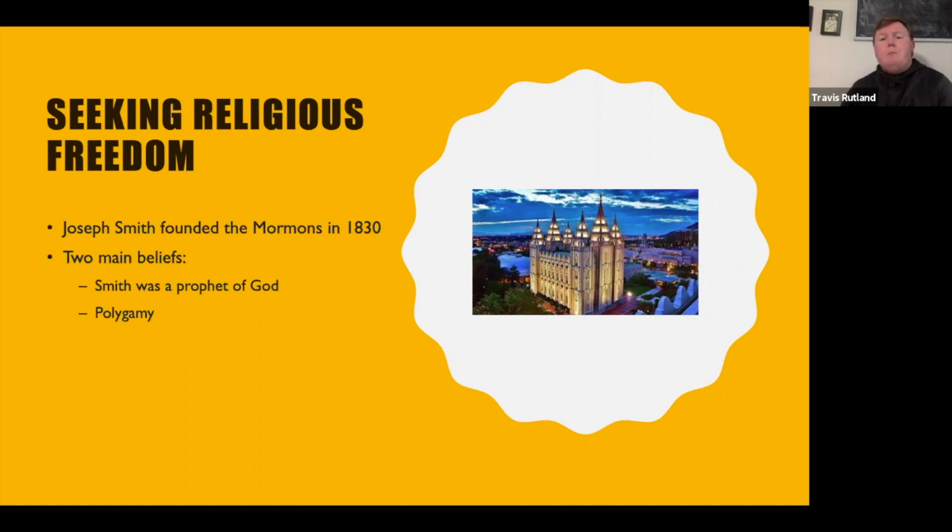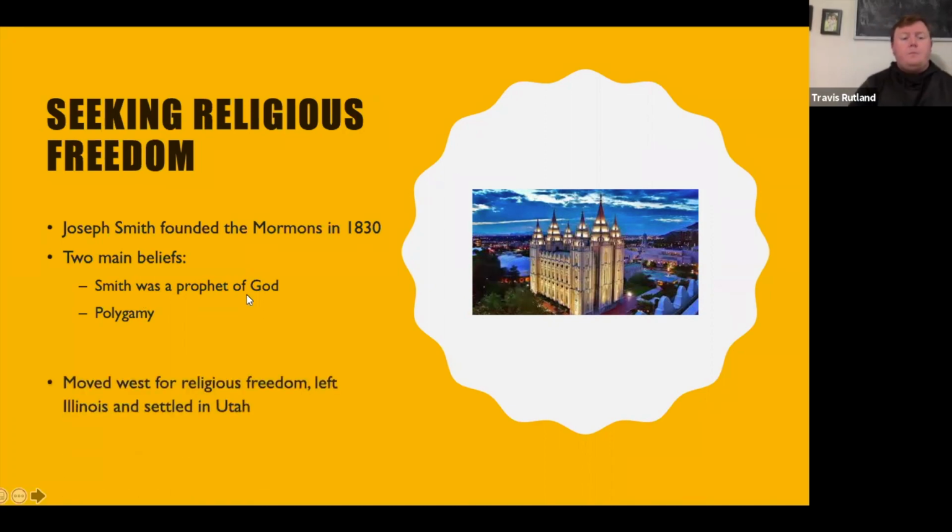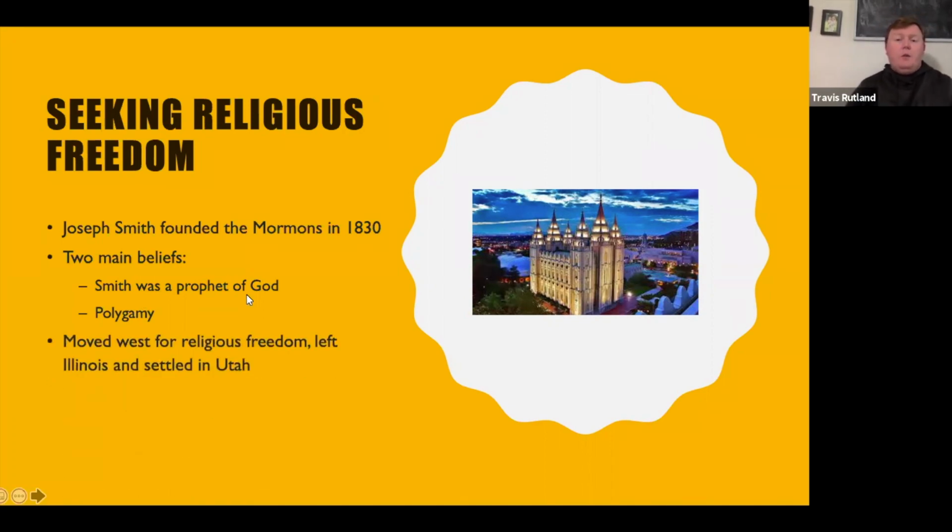Okay, so the Mormons are kind of shunned. They're kind of run out of town. First, they move, of course, west altogether, but they first moved to Illinois from New York. They still get some hate in Illinois, and then move farther west and settle in Utah around the Great Salt Lake, and that is where the Mormon Church is still to this day. It is in Salt Lake City, Utah.